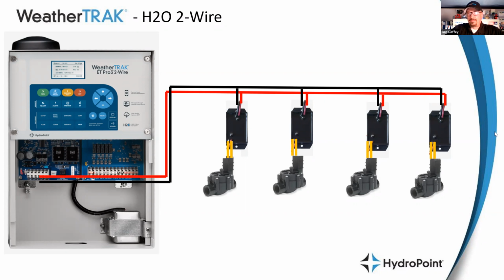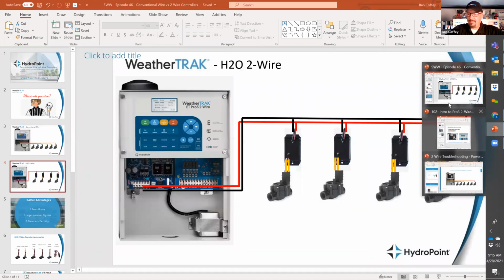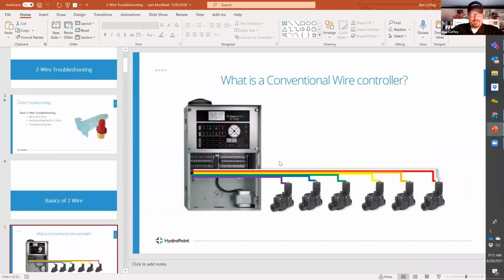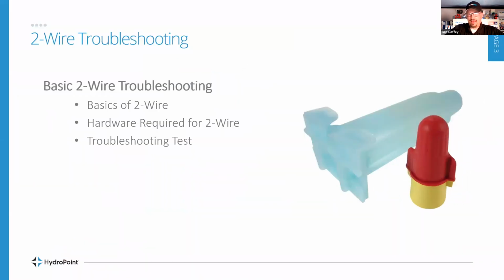the direct bury wire nuts. Now, in the irrigation world, these kind of get a bad name because they are full of goo, and irrigation techs don't love to work with them. But the DBRY-6 is the specified wire nut that we're going to use on every 2-wire connection with WeatherTrack, and WeatherTrack provides these as part of the purchase of the device. In every little bag with a decoder, we send these proper wire nuts, and it's important that they get used